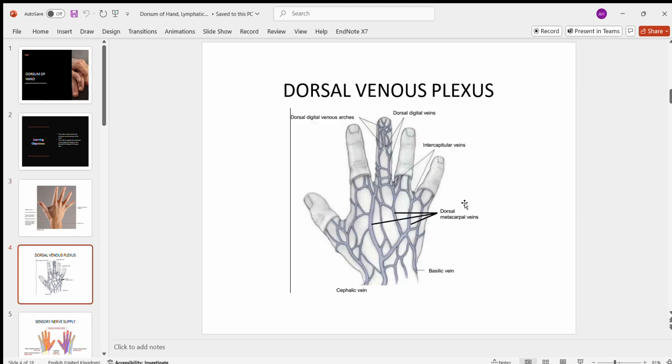Now, what is dorsal venous plexus? Dorsal venous plexus is basically a network of veins on the dorsum of the hand. So what happens is that these are the dorsal digital veins which join to form the dorsal metacarpal veins, three in the center. They are joined by one dorsal digital vein from the little finger and two from the thumb, and together they form the cephalic vein on the lateral side and the basilic vein on the medial side,